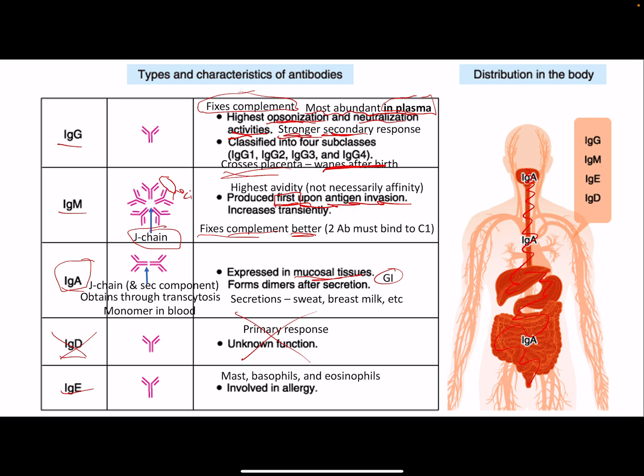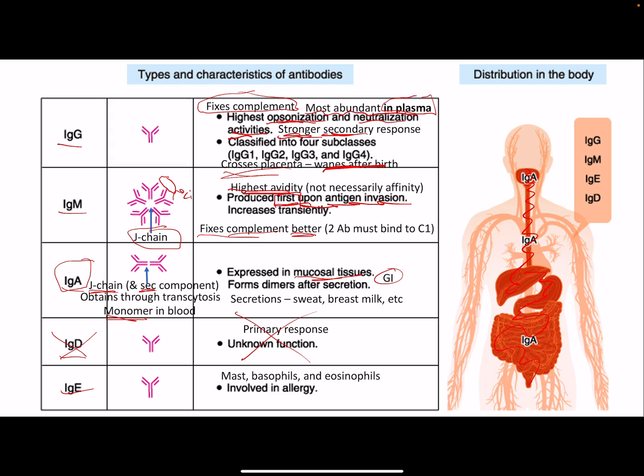IgM has a J chain, J for join. It joins these 5 antibodies into a pentamer structure. Similarly, we have a J chain in the IgA, which is 2 antibodies together. There's also a secretory component. So IgA is a monomer in the blood, but when it goes through transcytosis, it gets processed and it has the J chain and the secretory component, which allows it to be secreted in the mucus and it's joined together now. Another thing about IgM is it has the highest avidity, which means like the total maximum